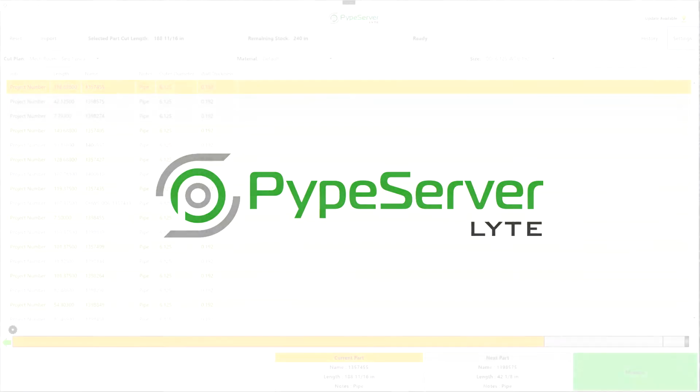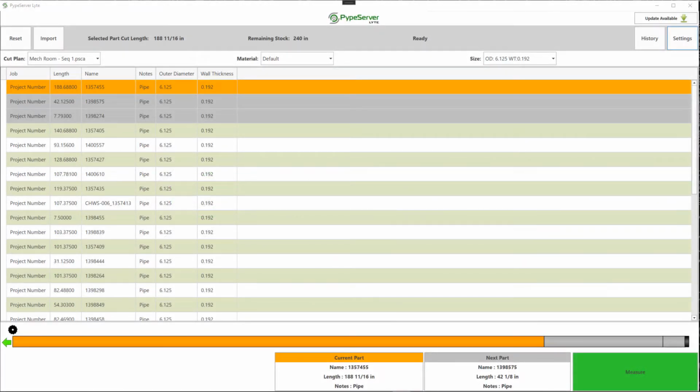PypeServer Lyte is PypeServer's latest software offering to control automated positioners such as Tiger Stop or Razor Gauge. It's also powerful enough to automate workflows with manual saws. PypeServer Lyte can be used for any material your fabrication shop would typically cut, including, but not limited to, pipe,